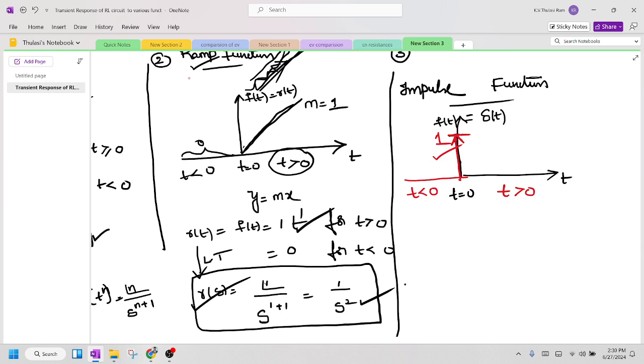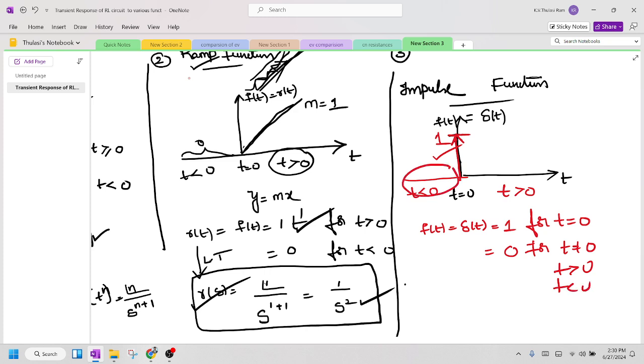So how to write down this function? f of t equal to delta of t, and this maintains a magnitude of 1 for t equal to 0, and it maintains a value of 0 for t not equal to 0. It means t greater than 0 or t less than 0, the value is 0. So when you apply